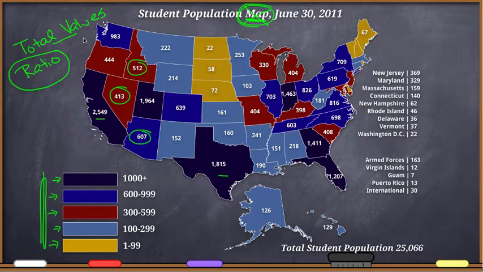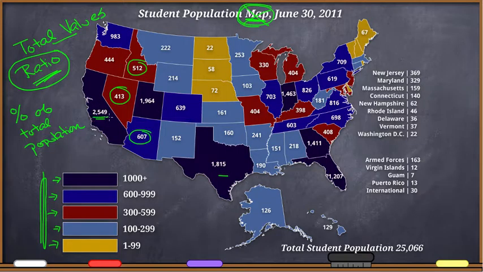Okay, you might want to know that, but I can think of two other things they might want to map instead that might give me a much better idea of where the students are coming from for this particular school. I would be interested in knowing two different sort of ratios, and this is a percent of total population per state. Because, okay, I know that there are